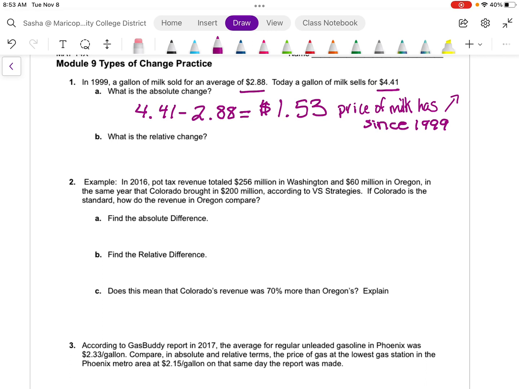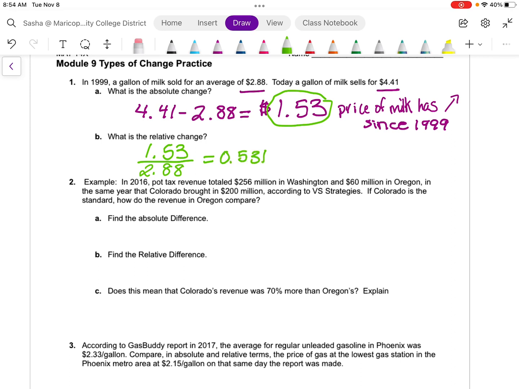Now, that's just telling me it's gone up $1.53, but let's put this in terms that show how much $1.53 really is, because that doesn't seem like a lot. So there comes the advantage of relative change. What if we figured out the percent increase in that price? To figure out the percent increase, you take that absolute change, the $1.53, and divide it by the original price, the $2.88, and that's going to come out with a decimal. So I would get